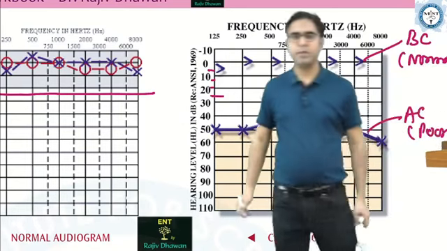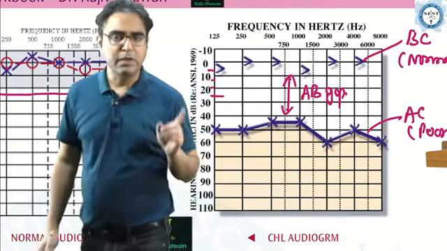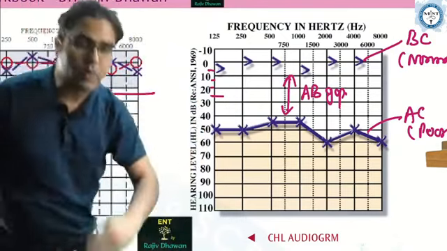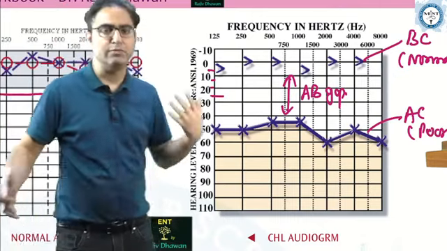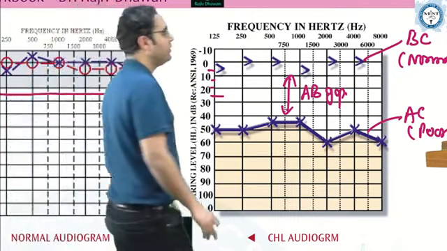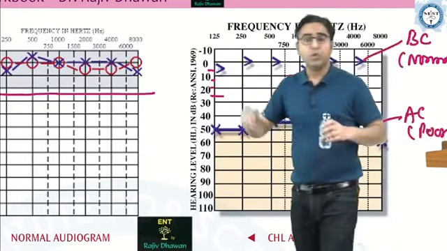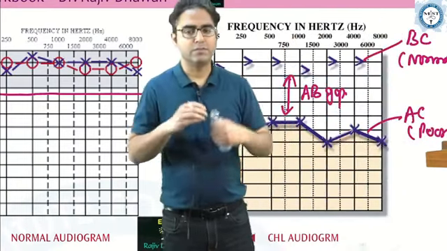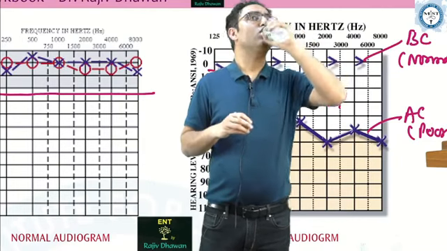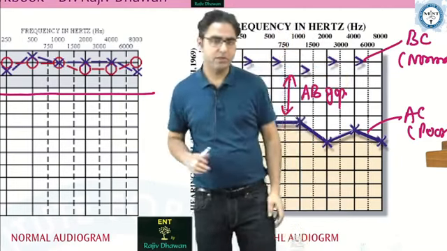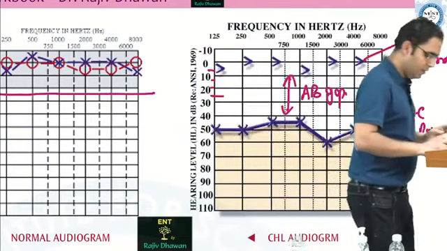Beta, label it properly. Conductive hearing loss: BC is normal, AC is poor. Poor means below 25. If your line is below 25, it is poor. Poor means kharab. BC is normal, AC is poor, and this is the AB gap. I told you, AB gap means conductive hearing loss. If there is an AB gap, it means conductive hearing loss. And the third one,